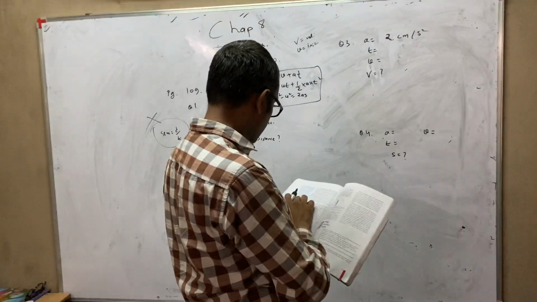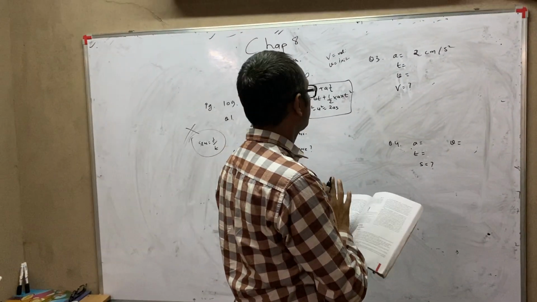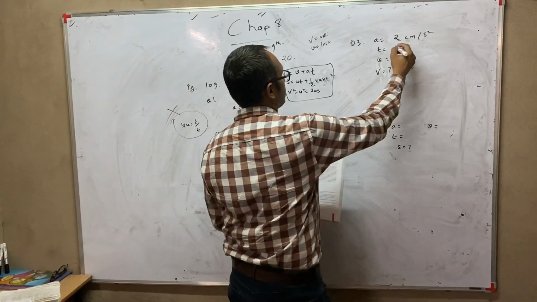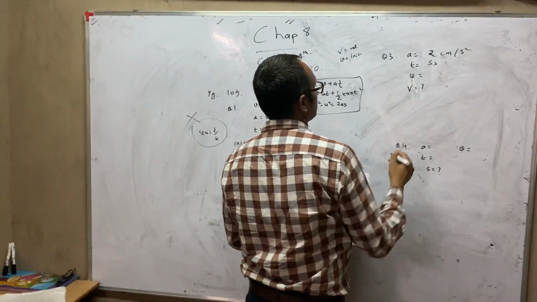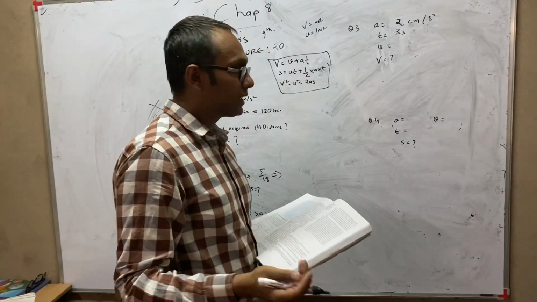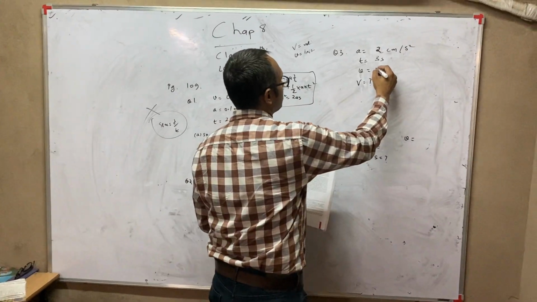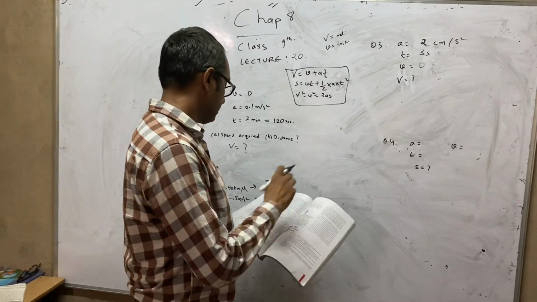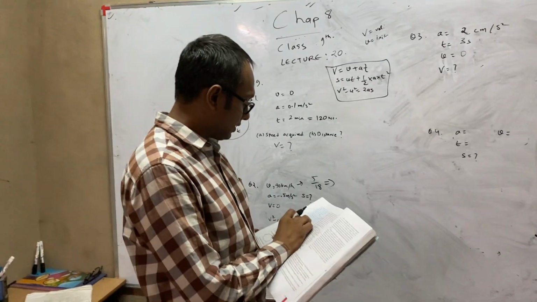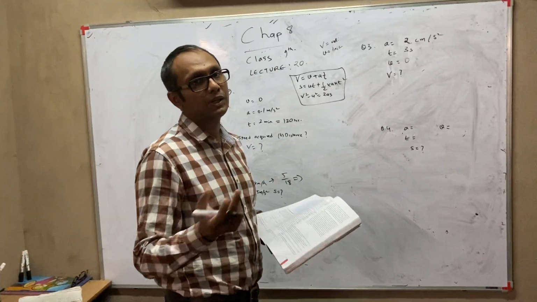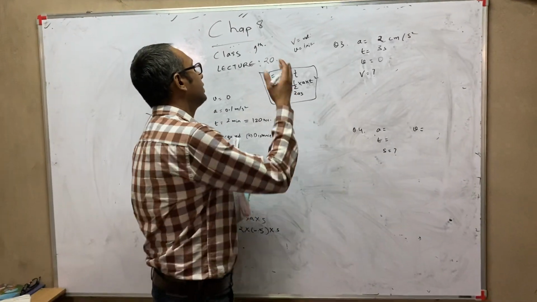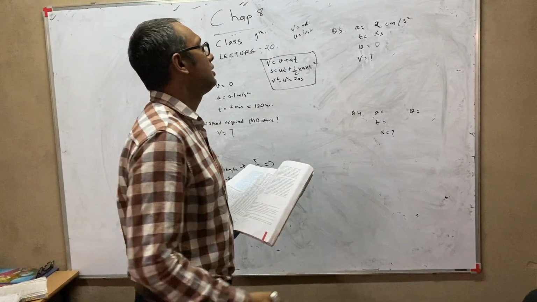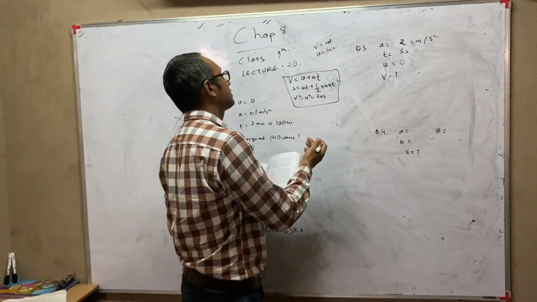What will be the velocity 3 seconds after start? The time is 3 seconds. 3 seconds after start means u is given, u is 0. Obviously, again here, when it is written "what will be the velocity," you might get confused whether you have to find initial velocity or final velocity. So you just have to see the question, what is given.